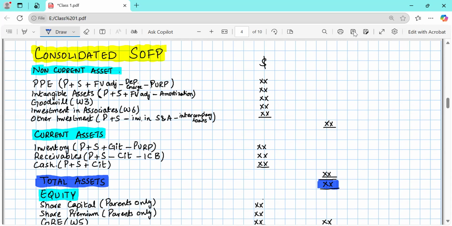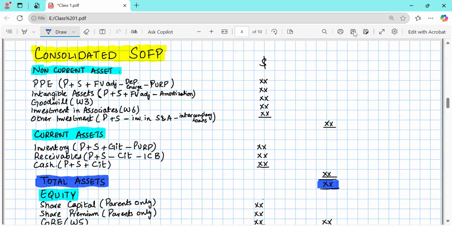So a simple rule is just add up the figures of the two companies in the statement of financial position, and remove any intercompany balance between them. I will tell you why we remove that and how we will do that. Okay. So the simple rule is add items of both, right? You will be given the individual financial statement of the parent as well, and the individual statement of the subsidiary as well. You have to just merge that. So the first thing is you have to add all of the parent's items with the subsidiary's items, like parent's property with the subsidiary's property, parent's plant with the subsidiary's plant. Okay. So P means parent, S means subsidiary.